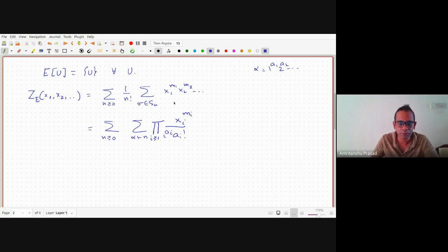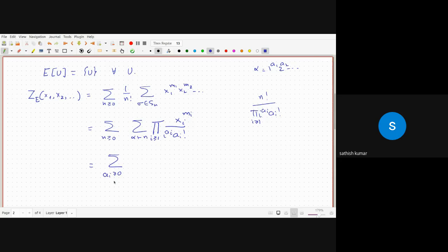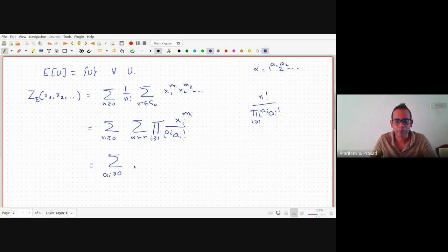Okay, so I hope this, I did this a little quickly. What I did was I broke up S_n into its cycle types, the set of permutations, and for each cycle type, I have to take the number of elements of that cycle type. That is n factorial divided by the product of i raised to a_i, a_i factorial, and then that n factorial cancels out, and so I'm left with this. And now you just forget about this n. You just take all a_i. Yeah, change m_i to a_i. Sorry, a_i.